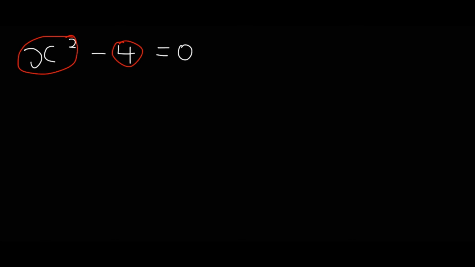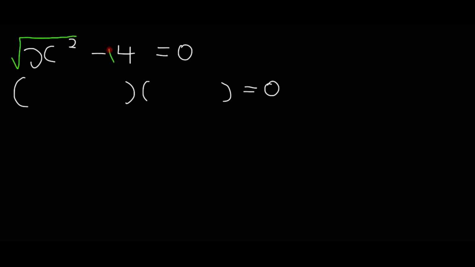So we factorize this problem and we always have two brackets. We will square root these terms because these terms are perfect squares. The square root of x squared gives x, and the square root of 4 gives 2. So always, inside the first bracket, we write those numbers after taking their square roots, and then we repeat them again here,